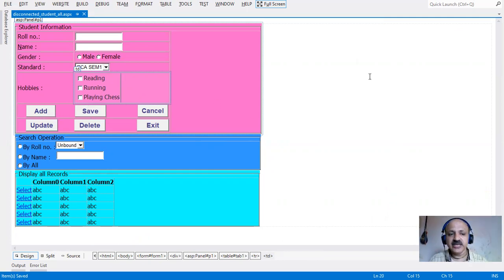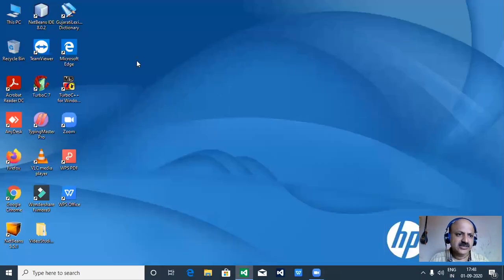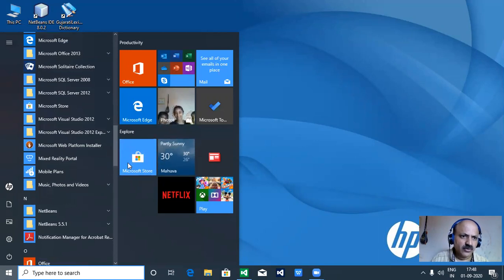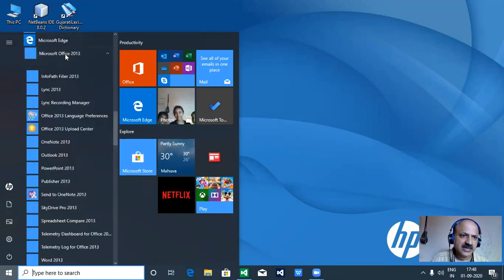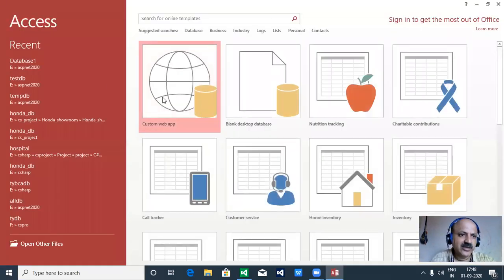But first, our design is ready, I just copied it from my previous video lecture demo. So now I first create one table in the Access database. I just open the Access database. Here Microsoft Office 2013 is there, and Access database, yes, now it is open, and create.